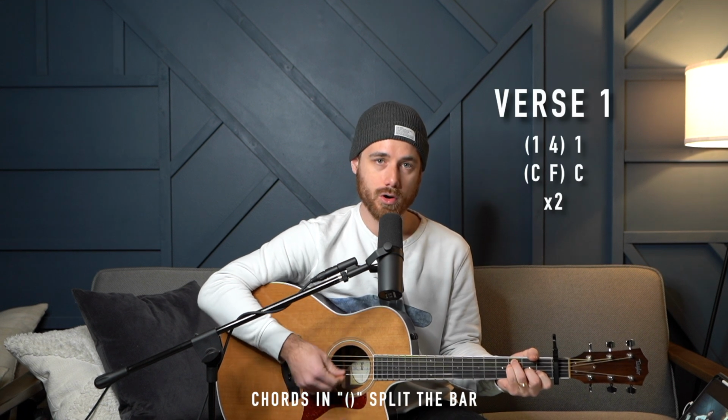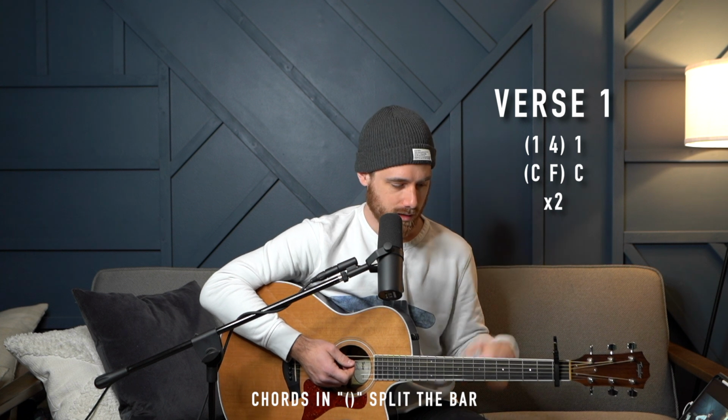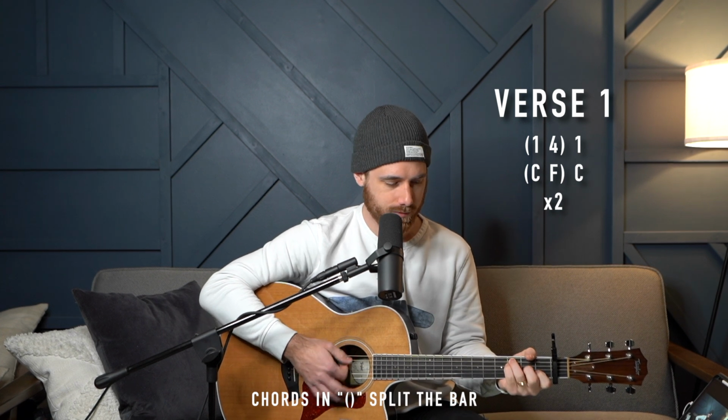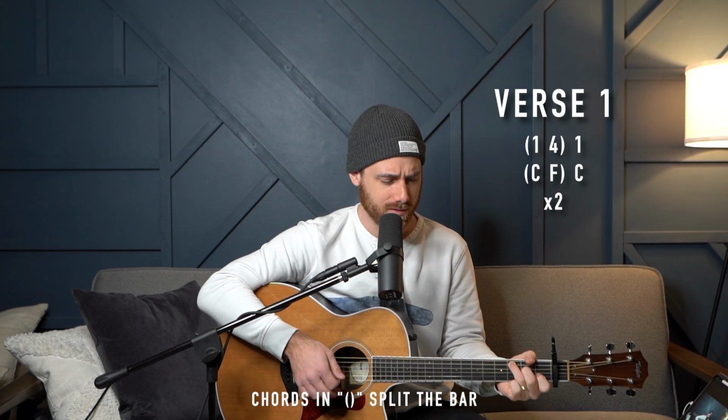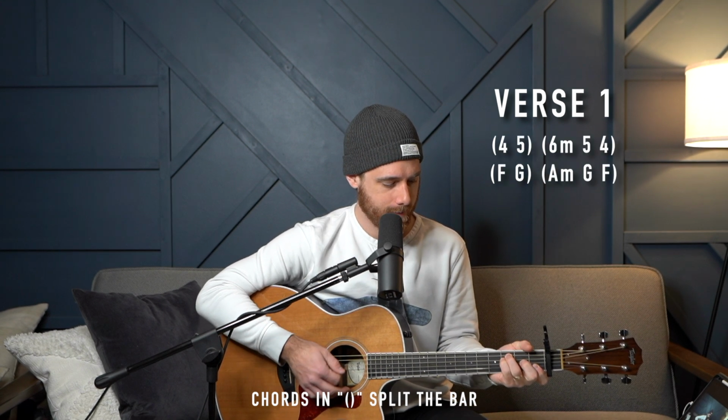In verse 1, you're going to see a similar pattern. For the first 4 bars, it's going to be just that same progression: 1, 4, and 1. Okay, and so you'll see that up here, and then it repeats that 1, 4, 1, and then the back half of the verse, it goes to the 4,